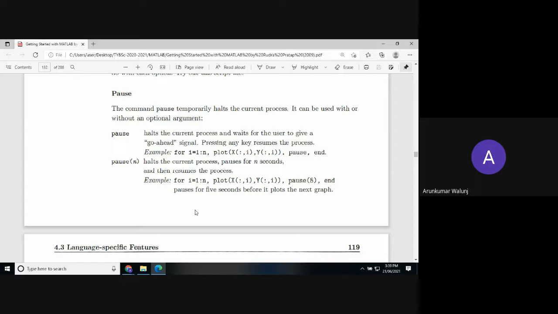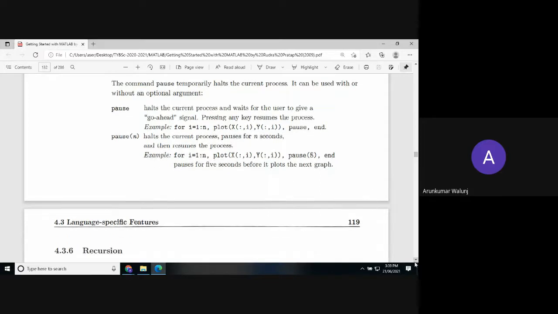So there could be a question: what is the difference between the break and pause commands in MATLAB execution? Then how to get rid of the pause? Just by pressing any key, even escape, maybe zero or whatever key is available, or hit at random on the keyboard. For example, we are running a loop for i is 1 to n, and we are plotting x versus y with the i value.